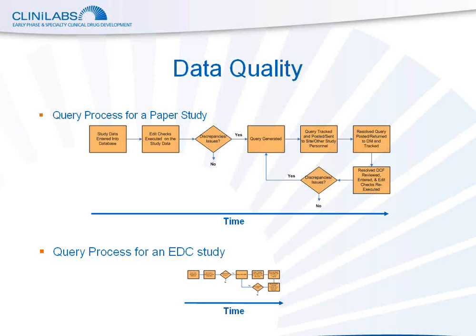In traditional paper studies, the programmed edit checks are typically run on a batch schedule. Upon the edit checks being run, the data manager transfers any queries to the data correction forms and distributes those DCFs to the site for resolution. Upon return of the DCFs, the data manager updates the data as needed. The process allows the data manager to review for accuracy all queries being generated, as well as the accuracy of the query responses. If the edit check isn't functioning properly or the query response isn't logical, the data manager then takes corrective action.